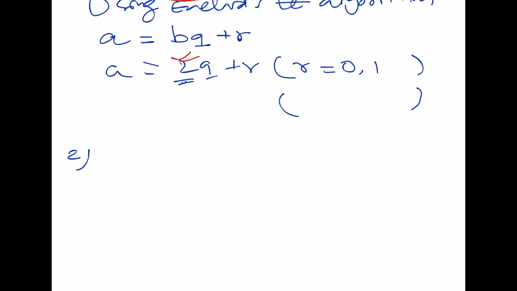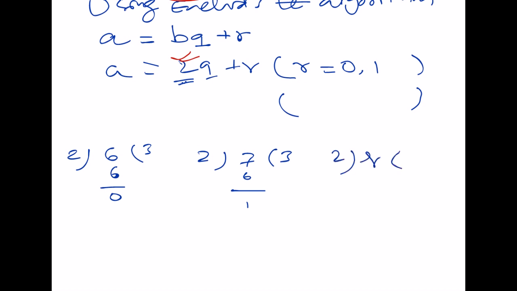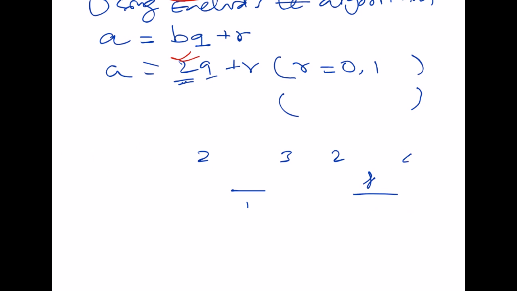Suppose you are dividing a number, say 6. So you will get remainder 0, 2 threes are 6. Take the next number, that is 7. 2 threes are 6, what you get is remainder 1. Take the next number 8. 2 fours are 8, and what you get? 0. So you can see we are getting remainder either 0 or 1. Then again 0 is repeated. That's why we have only these two possible remainders. So let us delete this and proceed further.